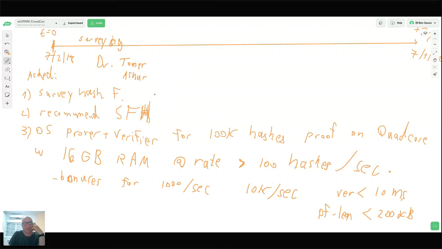Tomer, and he was back then at COSIC, which is one of the leading places in symmetric cryptography in the world. It's in KU Leuven in Belgium. They quickly compiled a list of existing hash functions, and we sort of looked at them. None of them looked very pleasant or very Stark friendly. And the reason for that is that